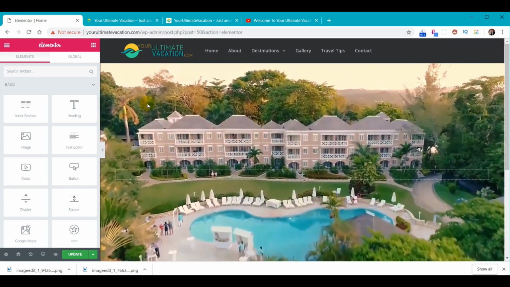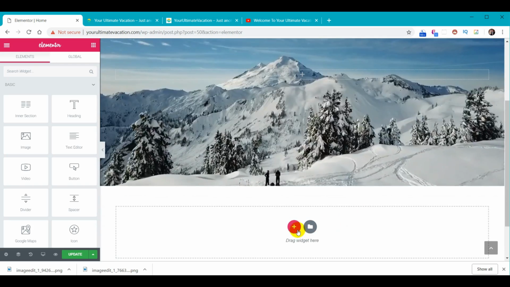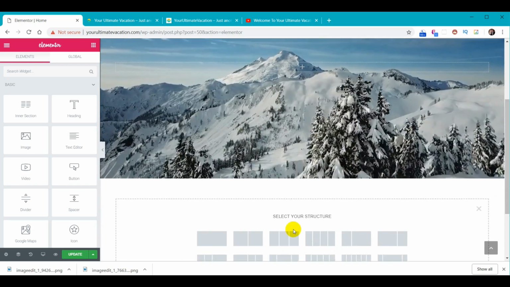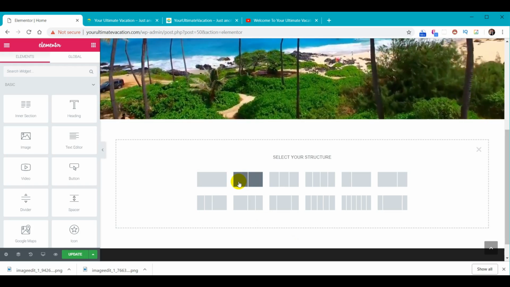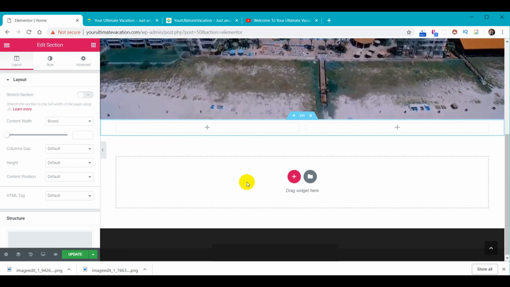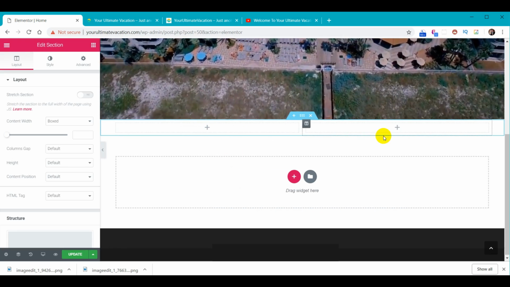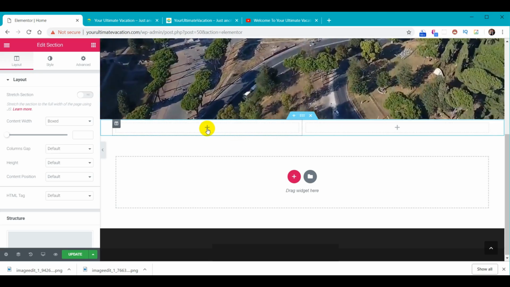So now we're back at our WordPress. And to do our new section, we're going to scroll down. We're going to choose a plus sign to add a new section. And in this case, it's going to have two areas, one for the picture on the left and for the content on the right. So we'll choose that. And now we have these two little boxes. We're going to want a picture in the left box. So let's go ahead and